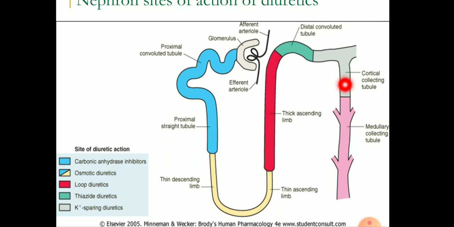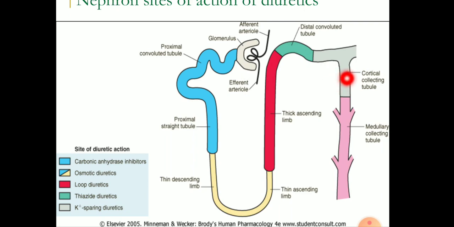So they are aldosterone antagonists, whereas the others are basically blocking sodium chloride co-transport in the distal channel, and therefore they are preventing the secretion of potassium, and hence they are retaining potassium in your body. Those drugs are amiloride and triamterene, and they are basically renal epithelial sodium channel inhibitors, whereas the other potassium sparing diuretics are spironolactone and eplerenone.